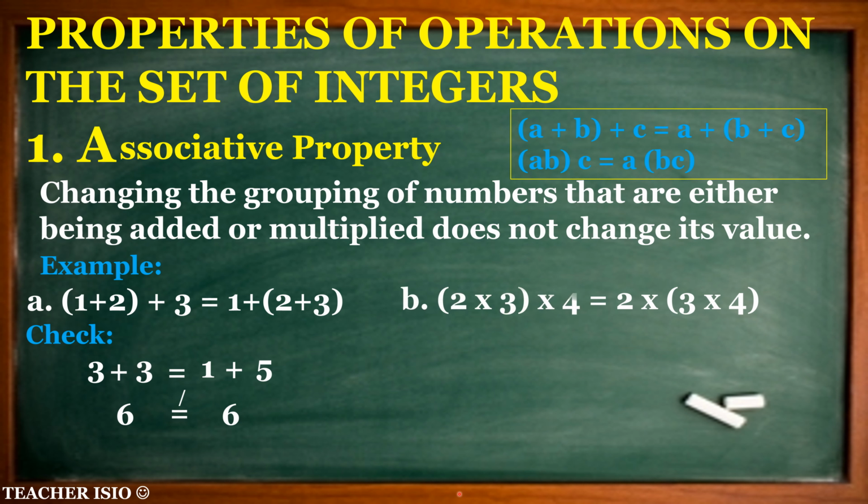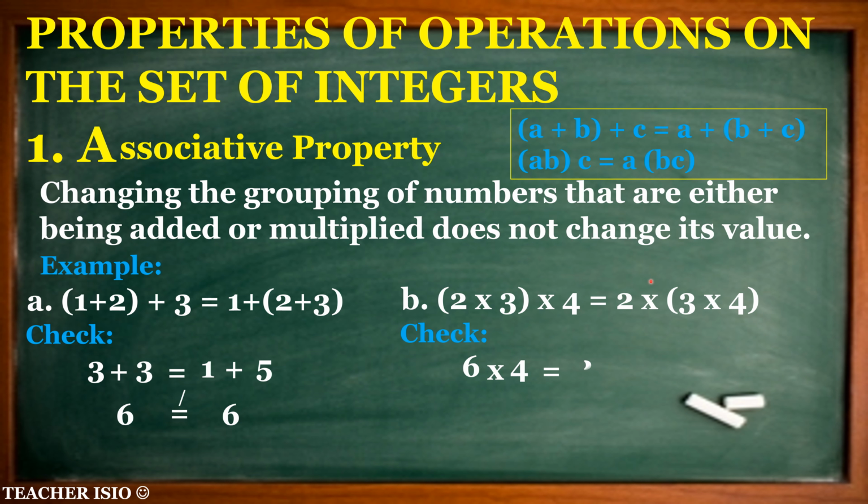Next, let's have another example. So, ang nasa loob naman ng parenthesis, we have 2 times 3, times 4 equals 2 times, sa loob ng parenthesis, we have 3 times 4. So, this is also an example of associative property. So, we have 2 times 3. Let's check again. We have 6, just bring down times 4,